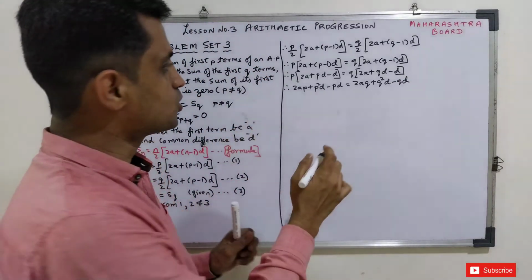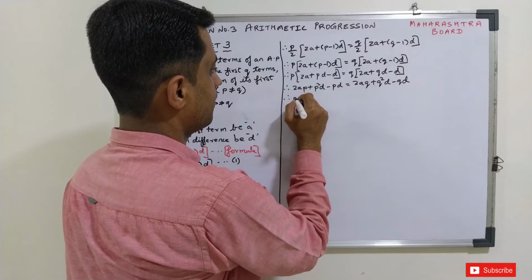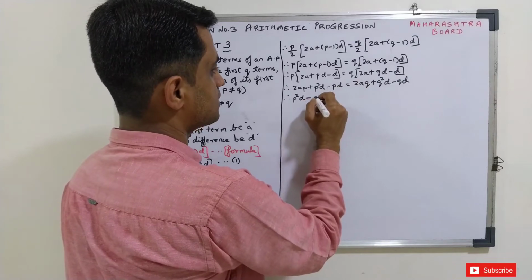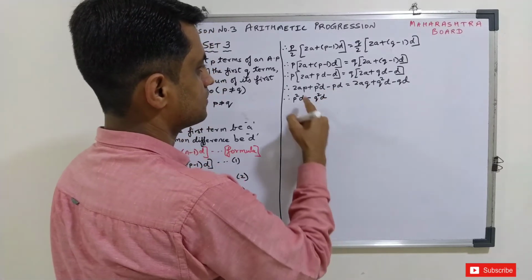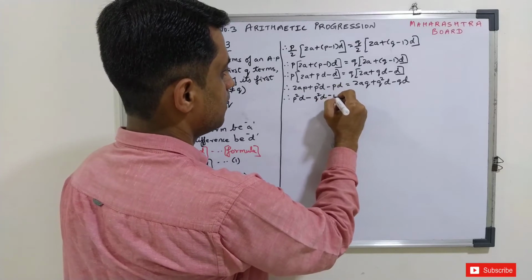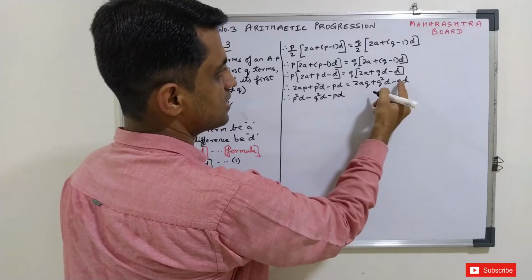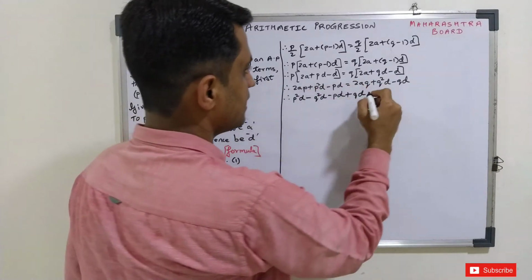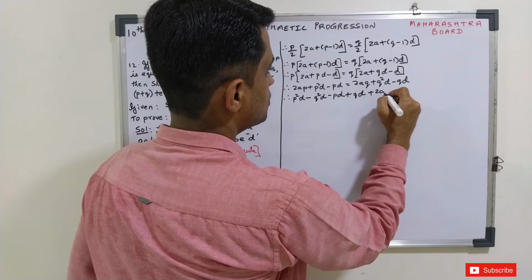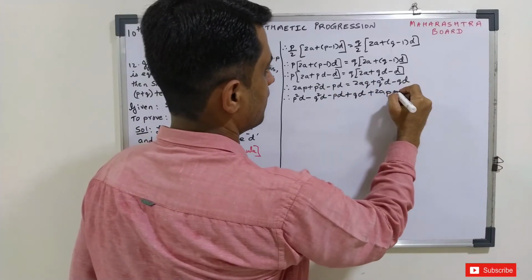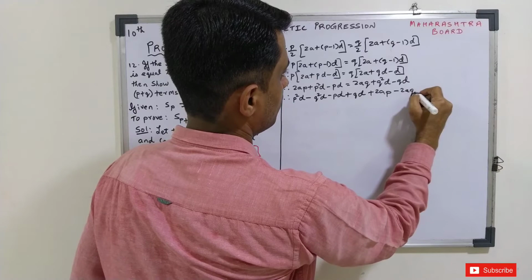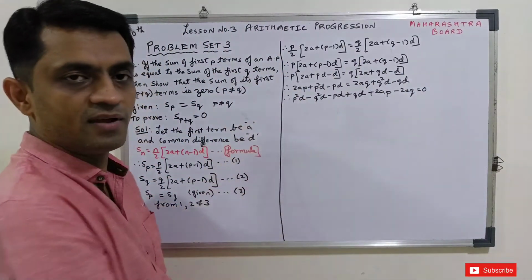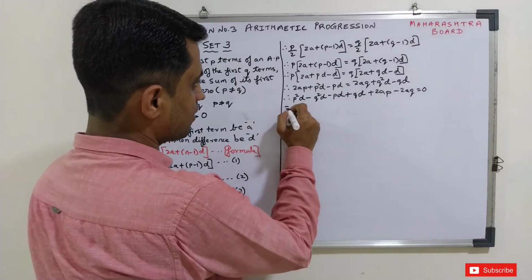Now we have to take some terms together. What will we do here? P square D stays here, and this will come here, it becomes minus Q square D. This minus PD is here, and this we take over, it becomes plus QD. After this, plus 2AP, and this will be shifted here, it becomes minus 2AQ is equal to 0. So we have shifted these in one pattern. Now here, what will be the common?